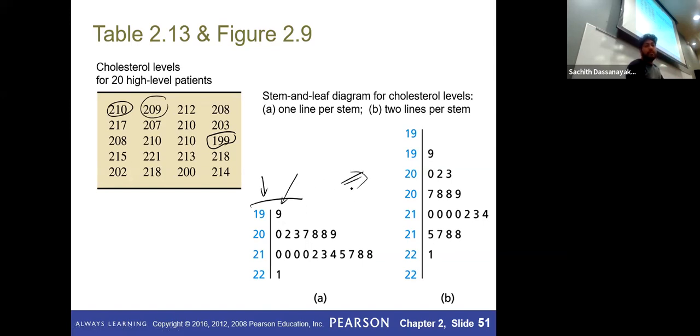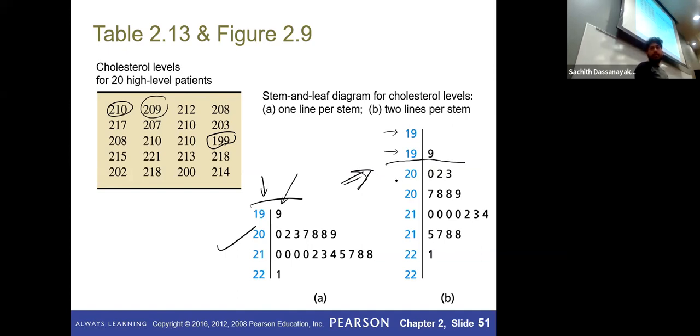There is another way to represent this stem plot, though this one is still correct. If you want to decompose this further, you can divide one class into two classes based on their numbers, like 1 to 4 in the first part, and the rest of them, 5 to 9, go to the second part. You divide one class into two pieces based on their rightmost digit value.